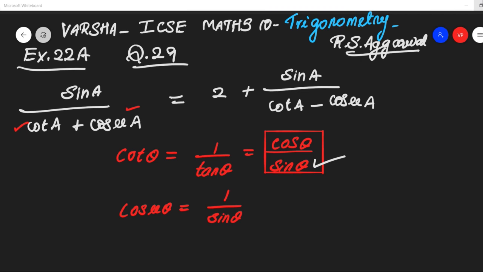So this is a different problem, students. Usually we take LHS and come to the answer of RHS. But in this problem we are going to do it separately. Taking LHS we get our answer, and taking RHS we will get the same answer. If we have the same answer, we can prove that. So now let's go to the problem, taking LHS.